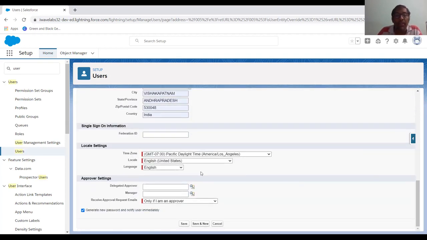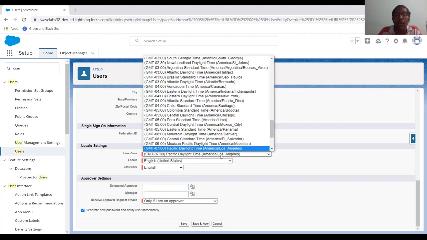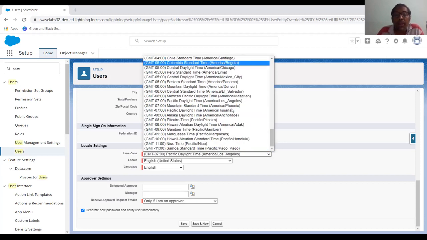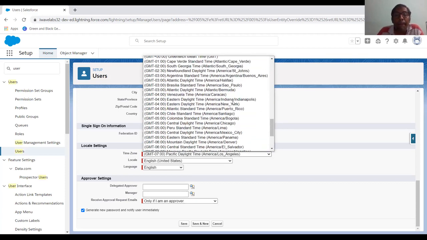Then after this, you have to change the time zone. Your time zone by default is America, Los Angeles. Now you have to change it to the Indian time zone, Calcutta, Asia Pacific, GMT.